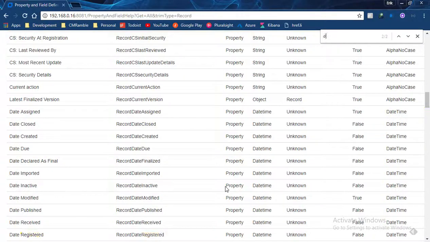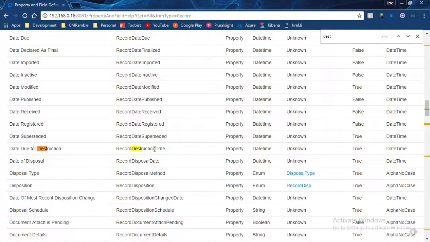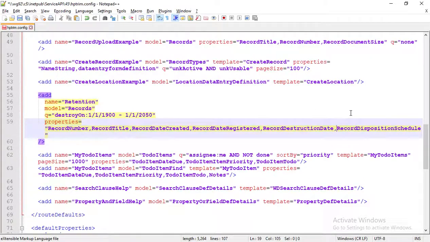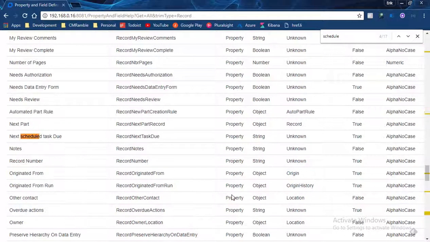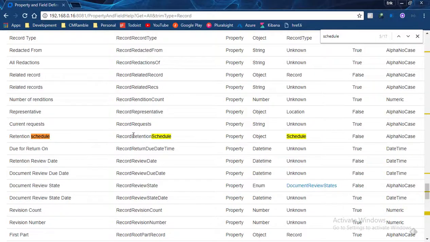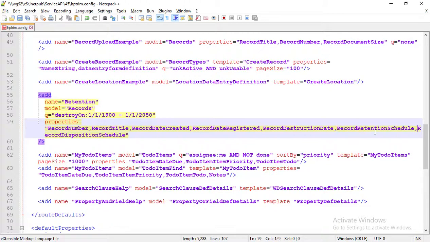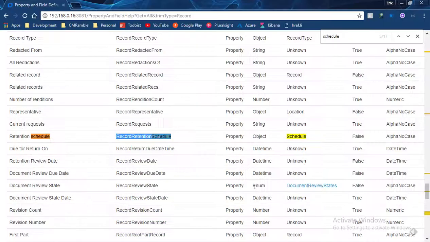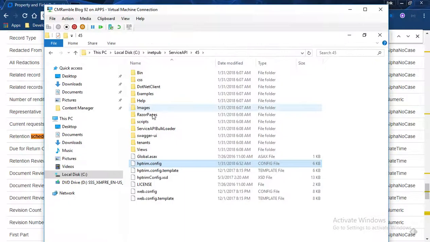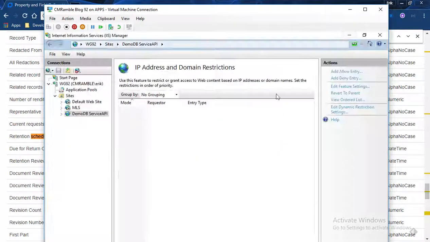And then let's say also destruction. Maybe I want record destruction date. So I'm going to get just a couple of fields. Oh, and then I also want the schedule. So let's do retention schedule. There we go. So now I've got a custom route defined. One last thing is I don't want to have to page through a lot, so I'm going to set the page size to 100,000. If I go ahead and save this, close, go over to my Content Manager instance,